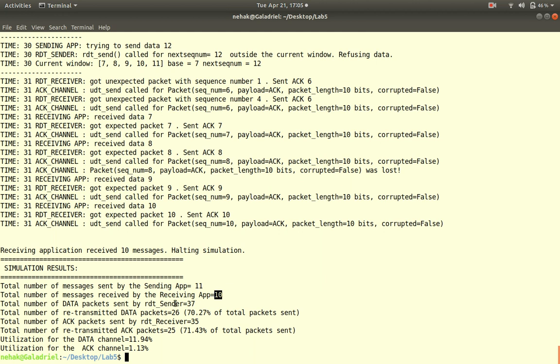The number of data packets sent was 37. So for effectively sending 10 messages, 37 packets were created. Out of them 70% were retransmissions. Similarly, the ACK packets sent were 35, out of which 71% were retransmissions, and this was the utilization of the data and the ACK channel.